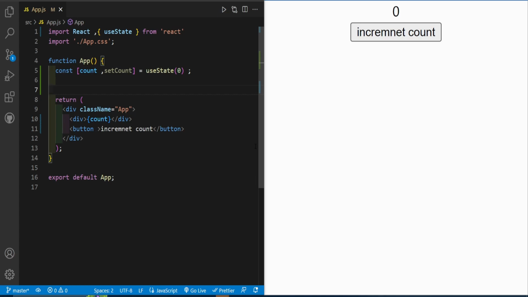Let's get started with the state. So what is a state? State is built in React that is used to contain data or information about the component and allows us to manage the changing data in our application. So in our example here, we have state called counter and set to a 0, and we have a button that will increment our